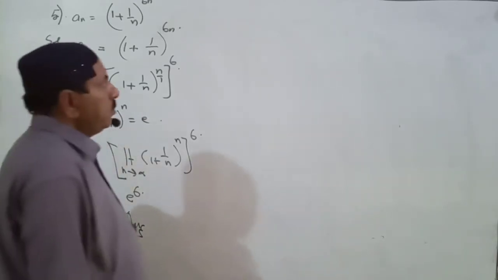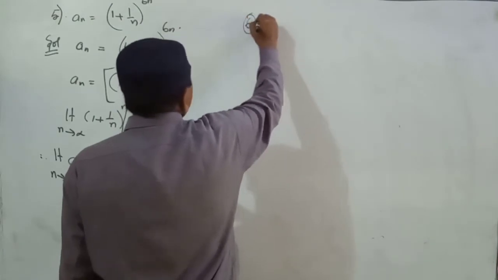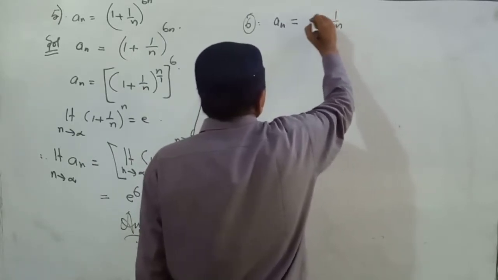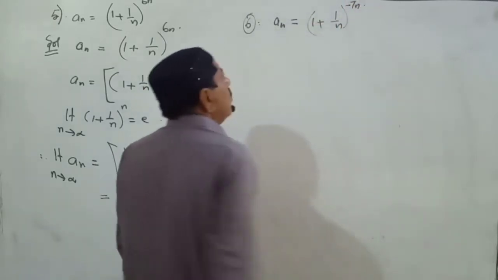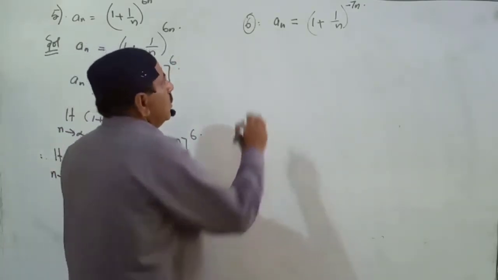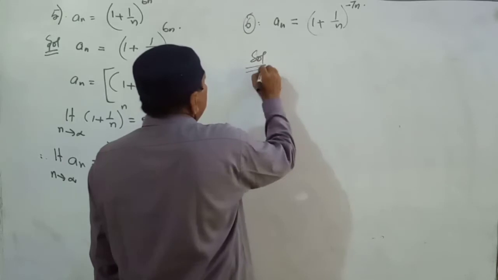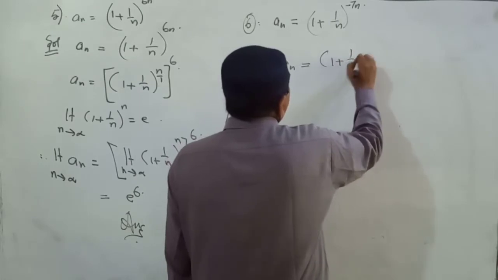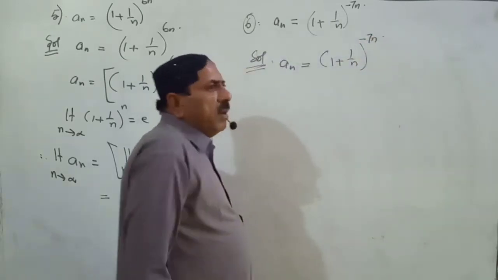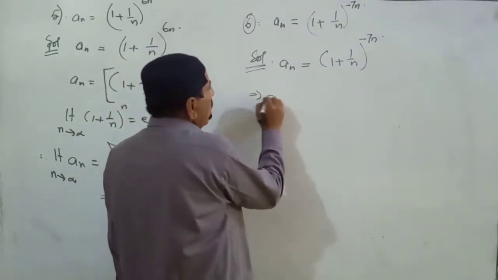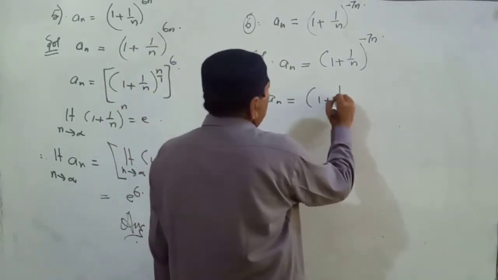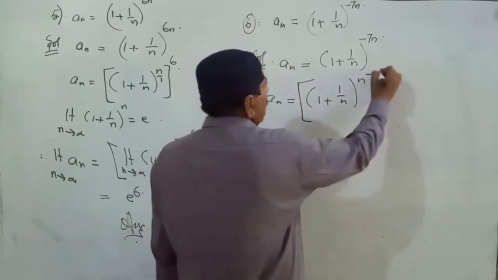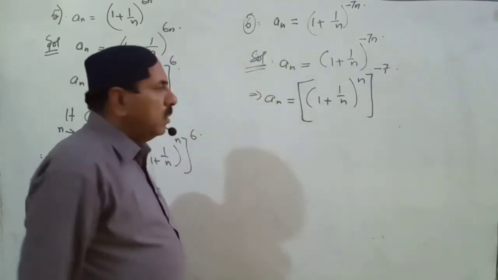Next is number 6. a n is equal to (1 plus 1 upon n) power minus 7n. So, solution. Here a n is given as (1 plus 1 upon n) power minus 7n. a n will be (1 plus 1 upon n) power n, whole power minus 7. Applying limit